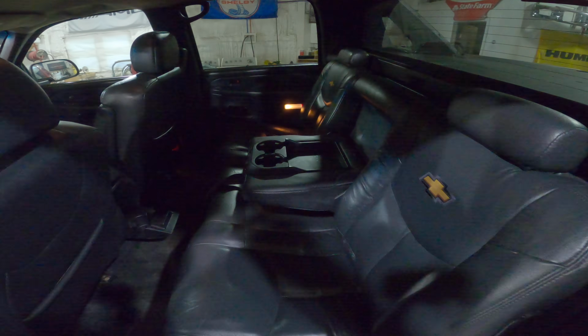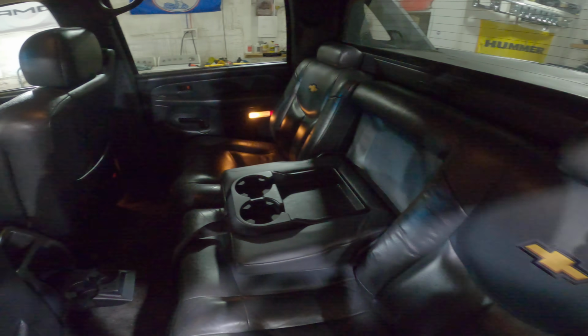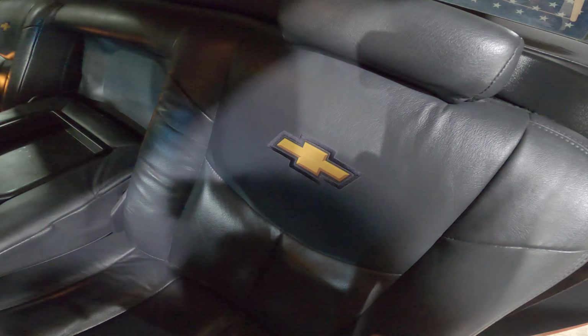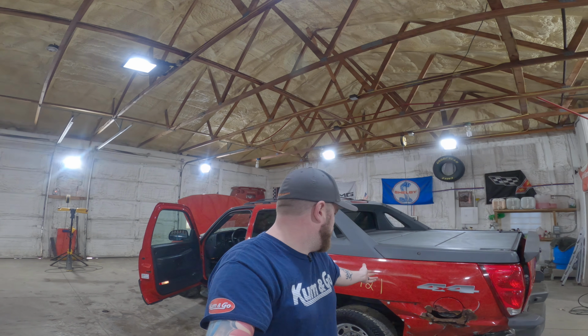Rear seat coming with the kit is in very nice condition as well. These are specific to the 02, but they've got this pretty cool Chevrolet emblem in them. I'd rock these if I had one of these. Those would be the seats I want. It's a Chevy. You got to show it off with pride, man. Show off your rust. Anyways, guys, that is going to wrap up the test video for